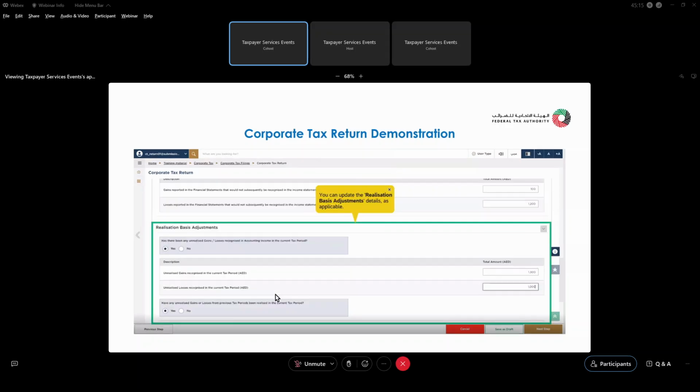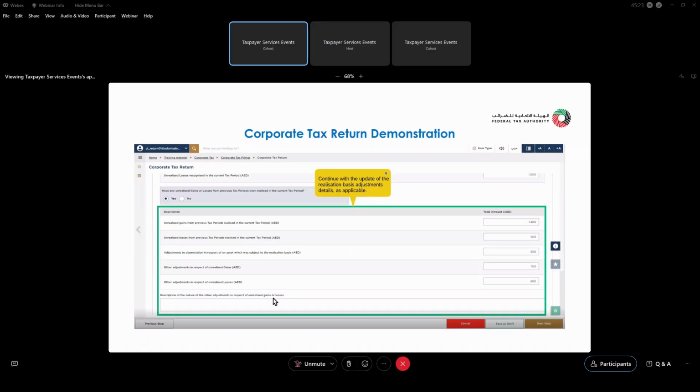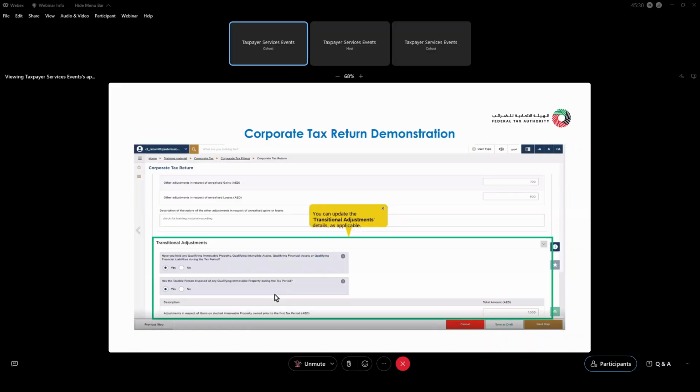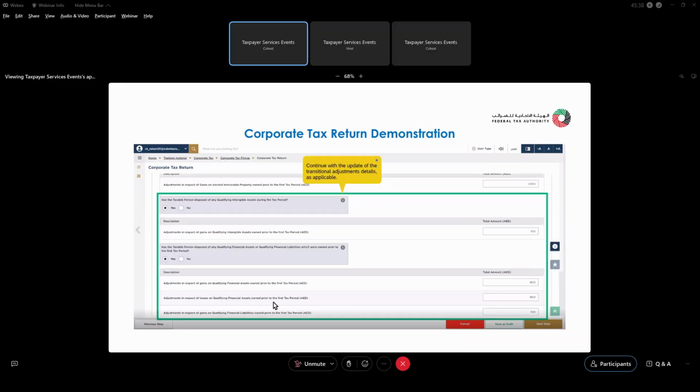You will scroll down as well to move to the realization basis adjustments, where you will need to update it if applicable, and then scroll down to continue with updating the same section for the realization basis, and then you will proceed where you can update the transactional adjustments details if applicable by answering the question either with yes or no,